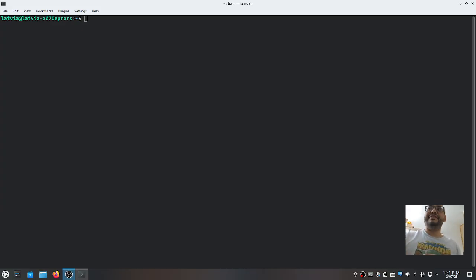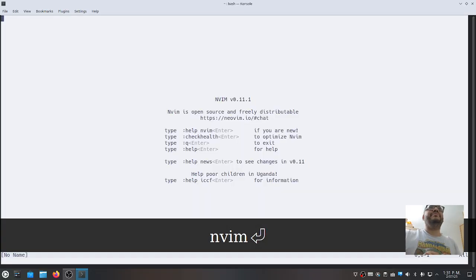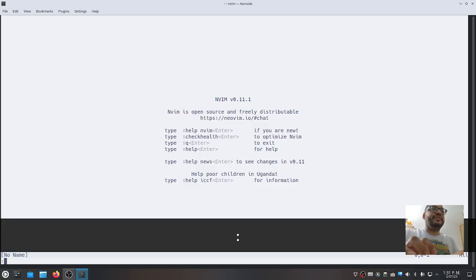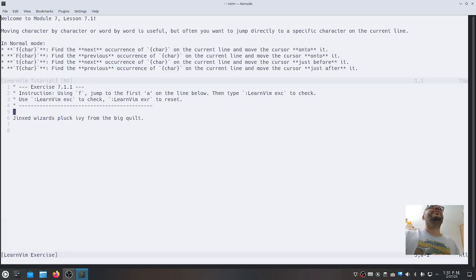This is day 7 on MVim practice, the series where you learn Vim commands through NeoVim through a plugin that I just created. And we are at day 7. If I'm not mistaken, we were on module 7 on day 7. That's pretty good. So we are going to learn about moving character by character,